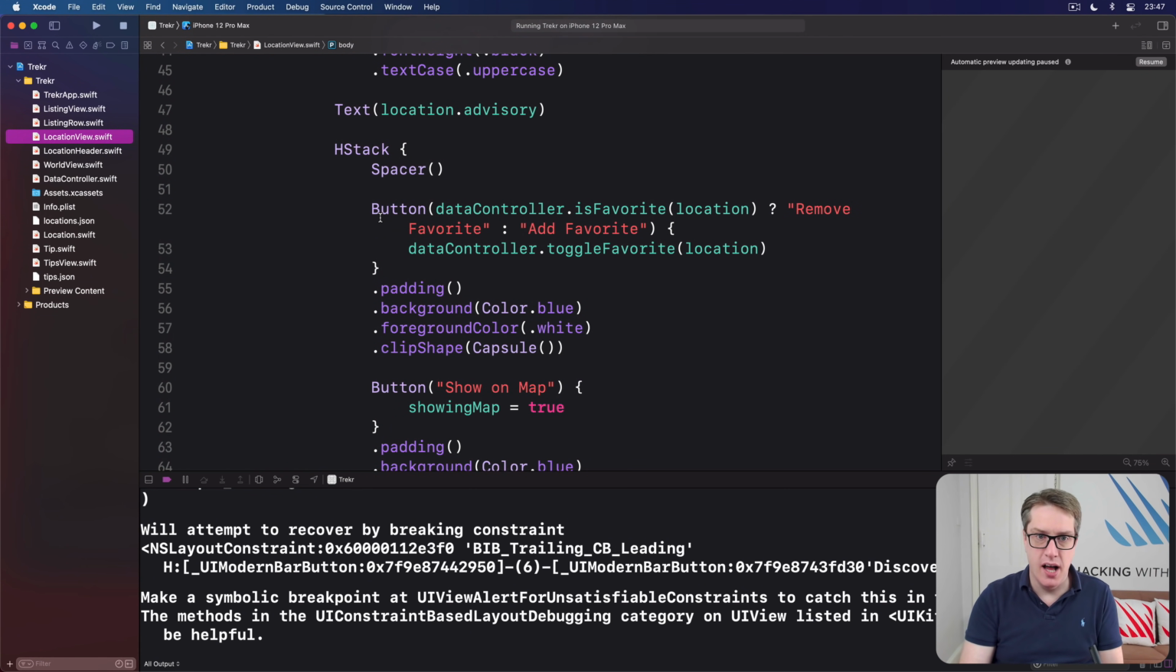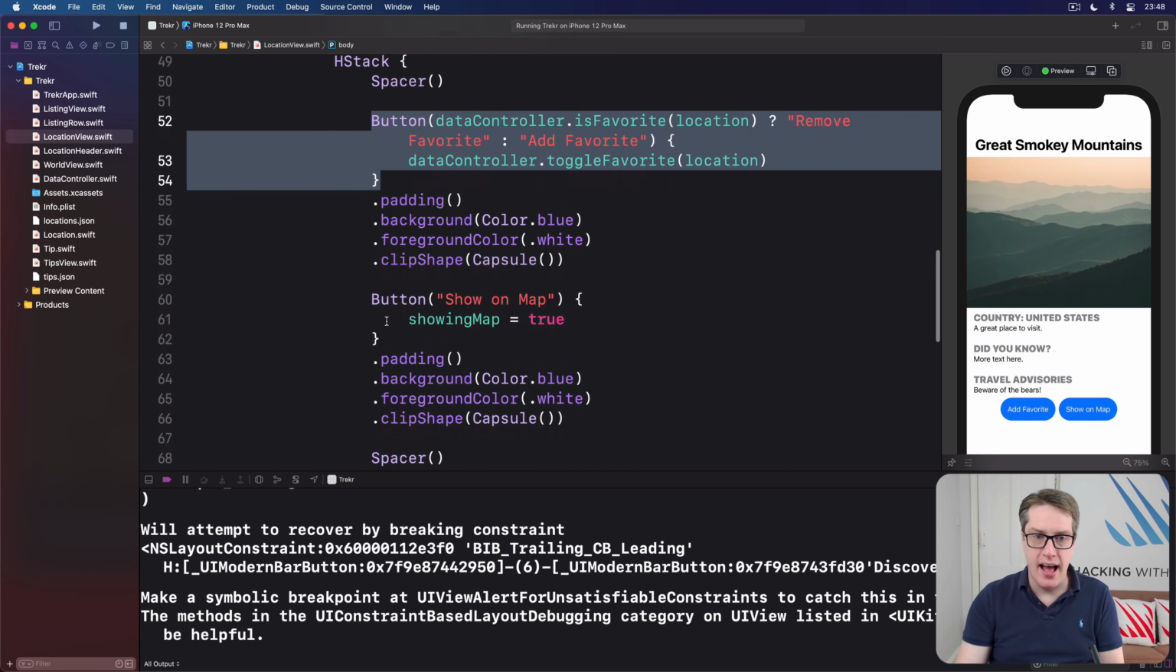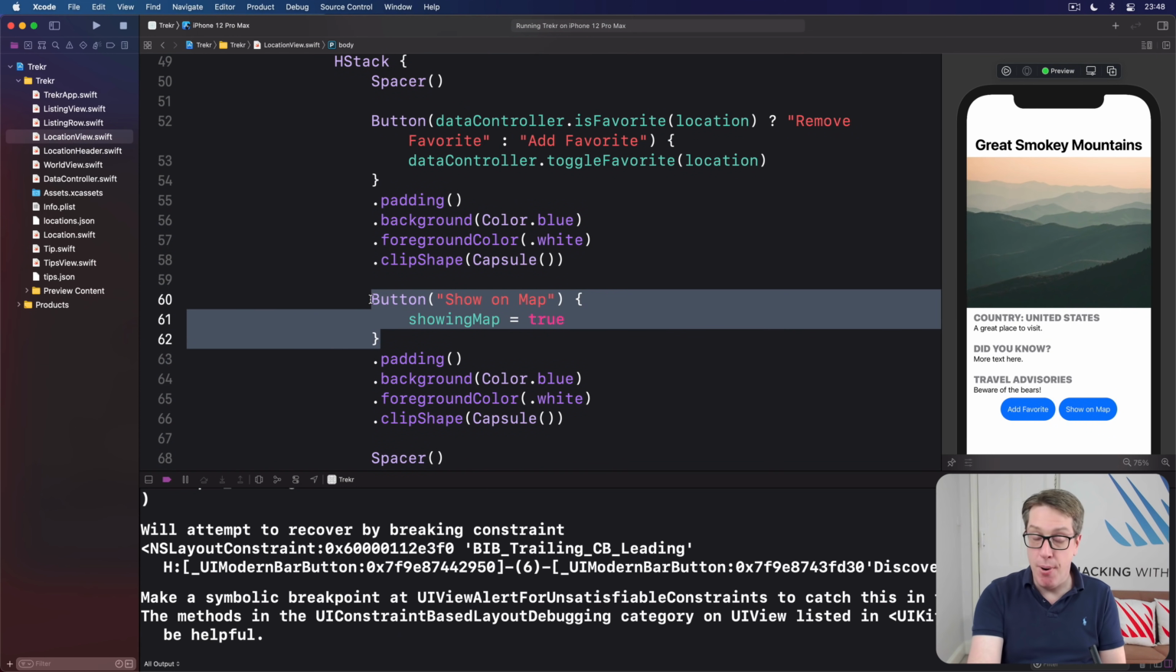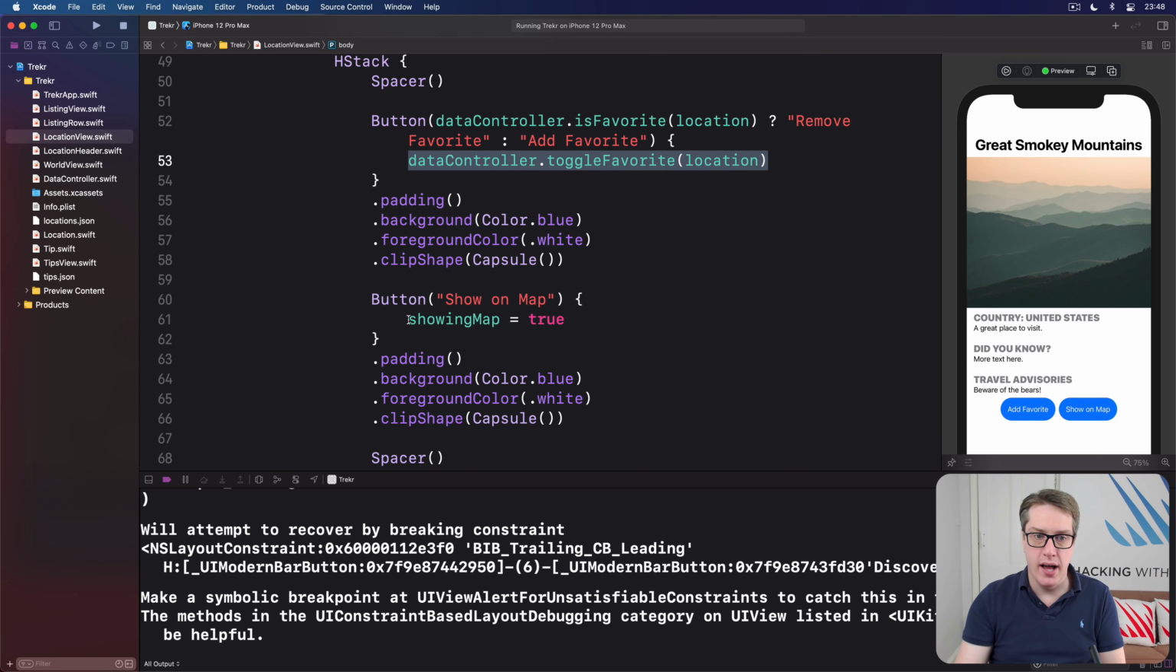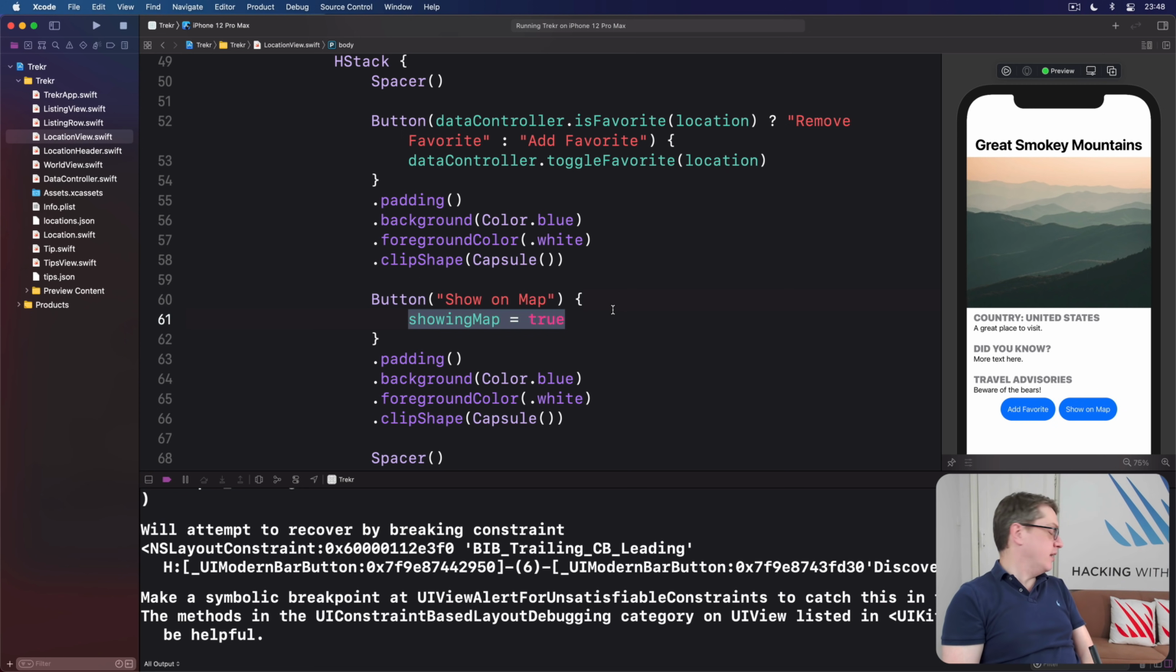One for toggling favorites here, and one for showing a map. Both of which put their action code directly into the button closure. Here it is, toggle favorite here, or set a boolean to true, and I think my dogs are sitting outside